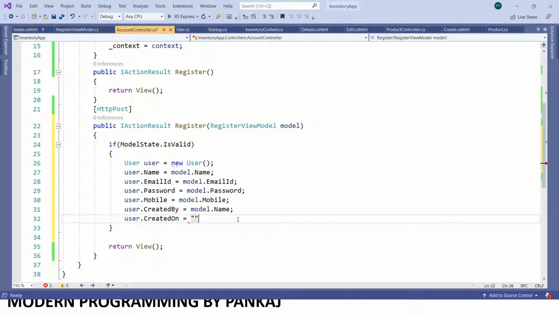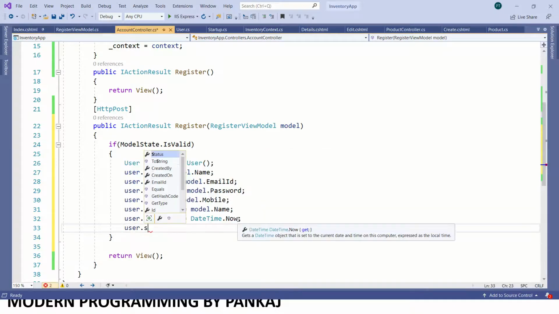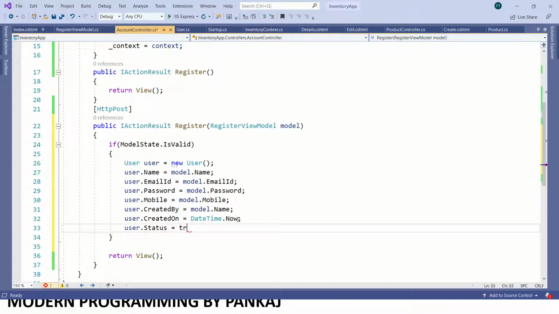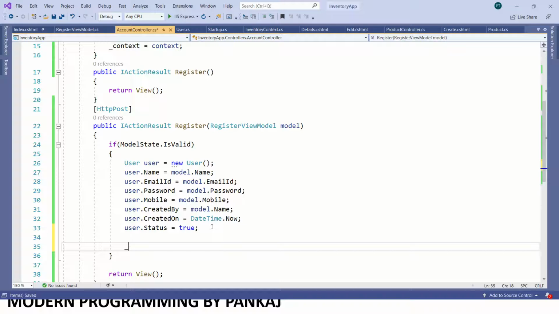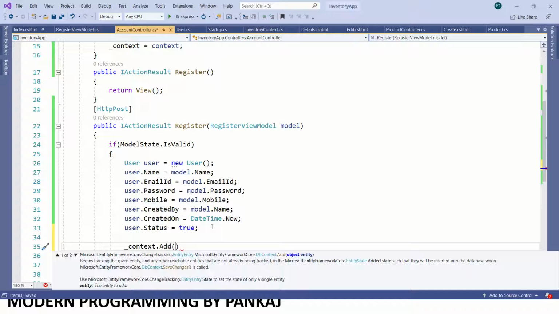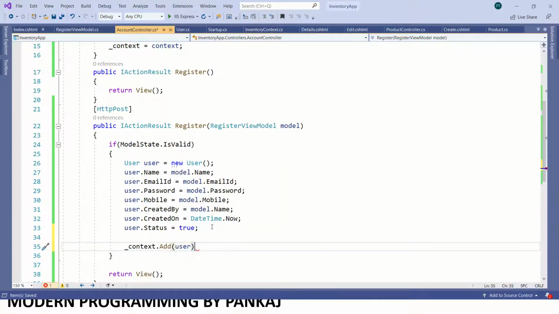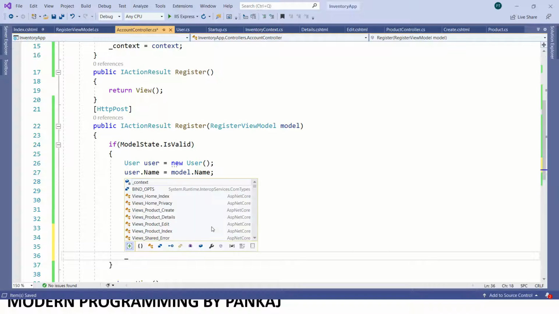Now created on means it should take the current date time, so DateTime.Now, and then user dot status. It should be true whenever we are creating the user. Okay, our user model is ready now. What is next? I just need to add this to our context. So user is added in our context.